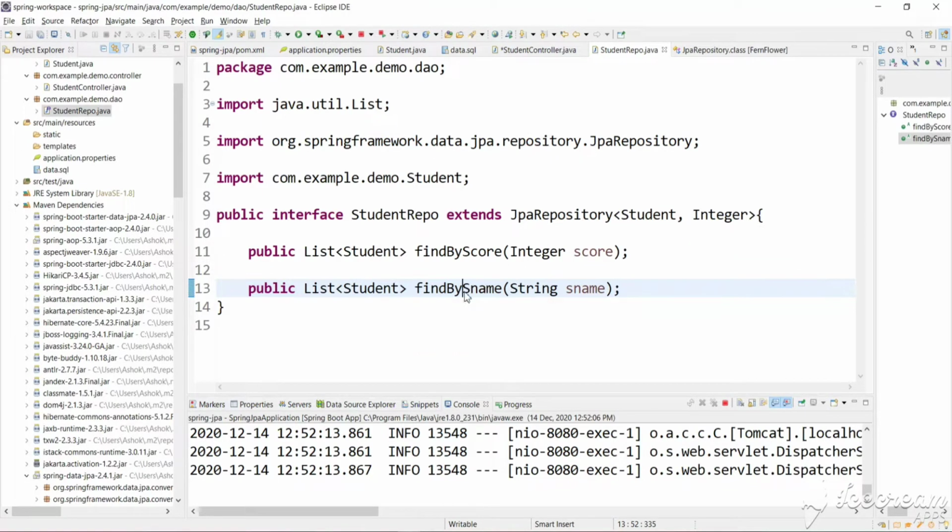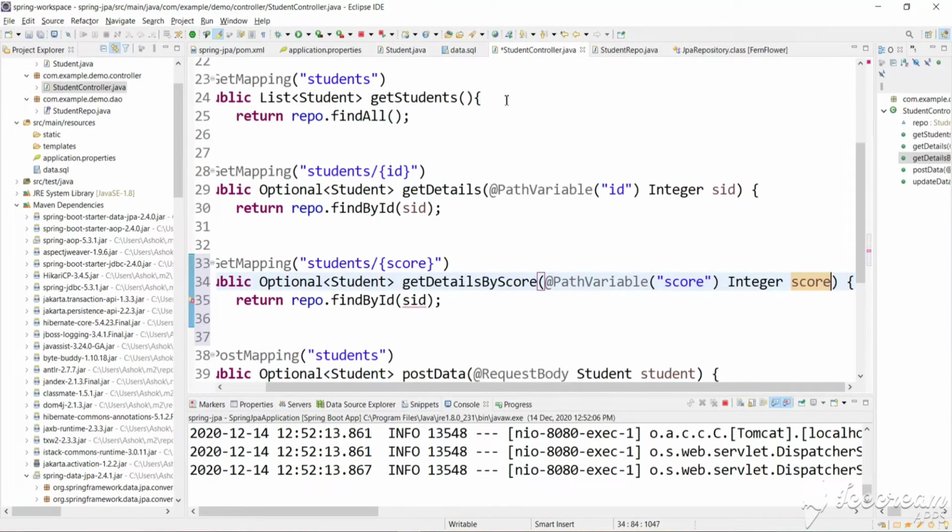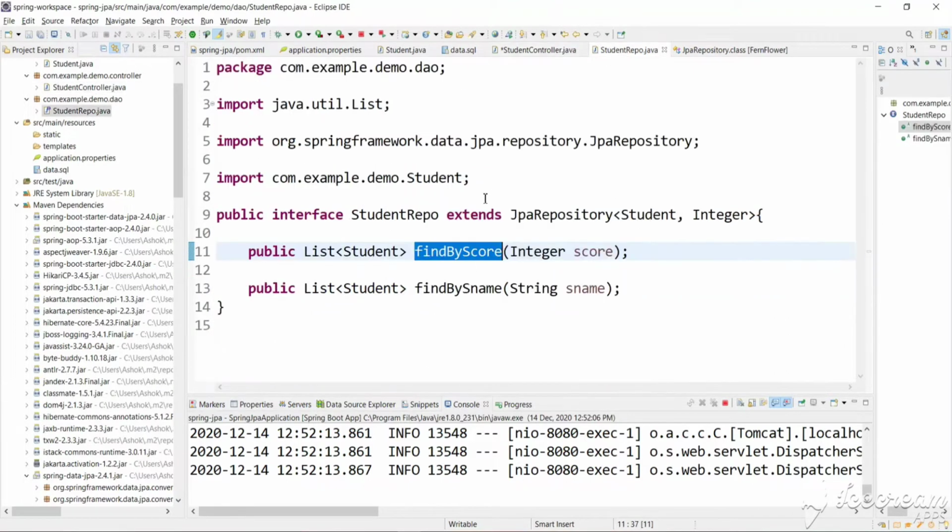Here the name should be the same as the field name. If you see the student, we have studentName and score. That's why we have defined it with the same names, score and studentName, with the first letter as a capital.